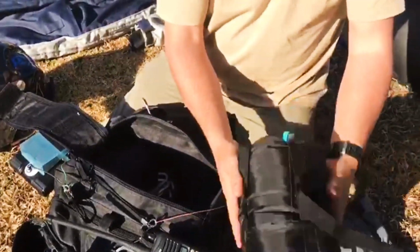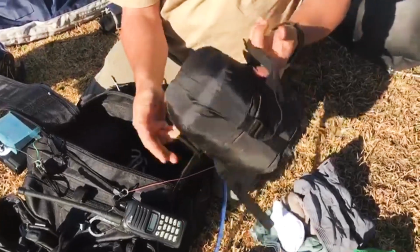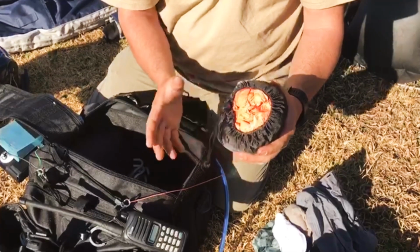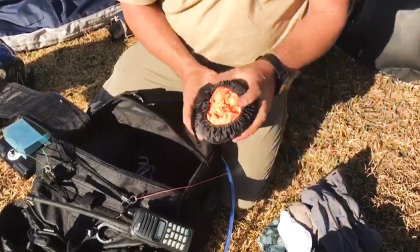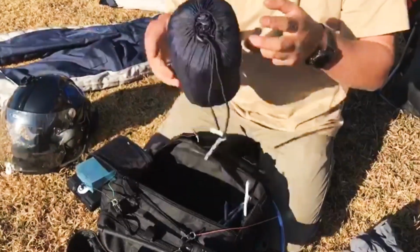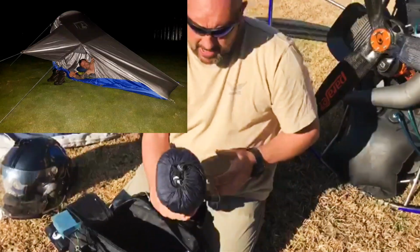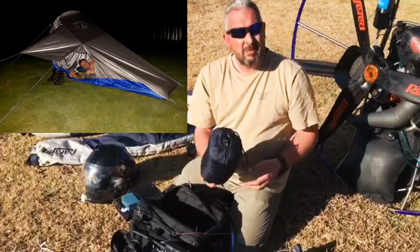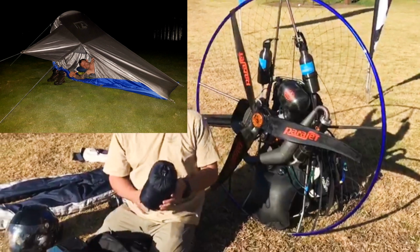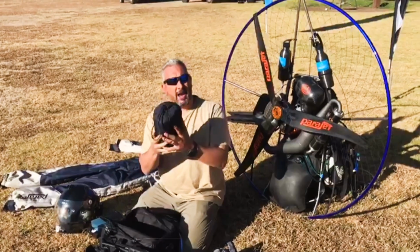In this thing over here, it's a -7 degree sleeping bag. It's also got an inflatable mattress inside there. I've got another thermal liner and an inflatable pillow. This should keep me warm up to about -5 degrees with this combination. This is a Paramotor tent that we've designed and built with Parajet Africa. This tent basically has got no poles or anything. Your Paramotor becomes the frame, and we hook it up, lightweight aluminium tent pegs, and you can have a comfy